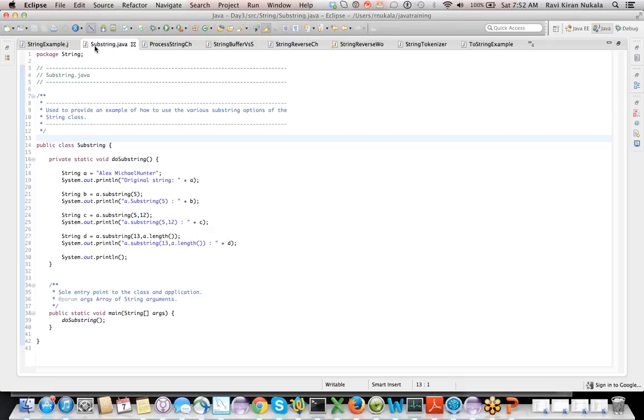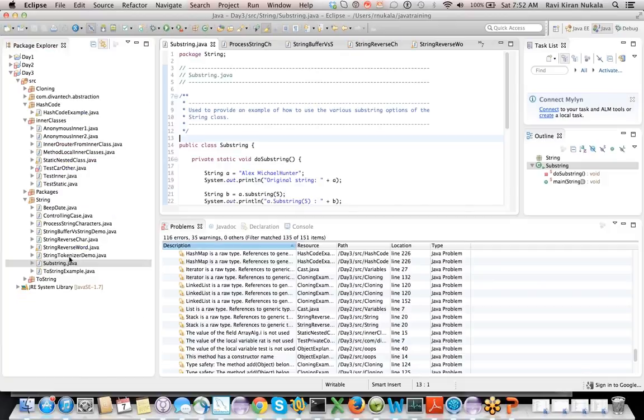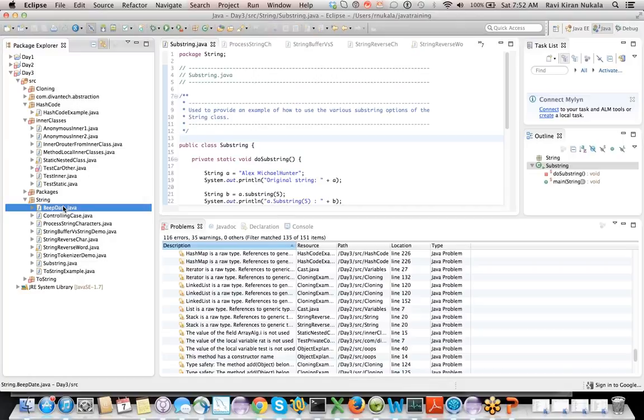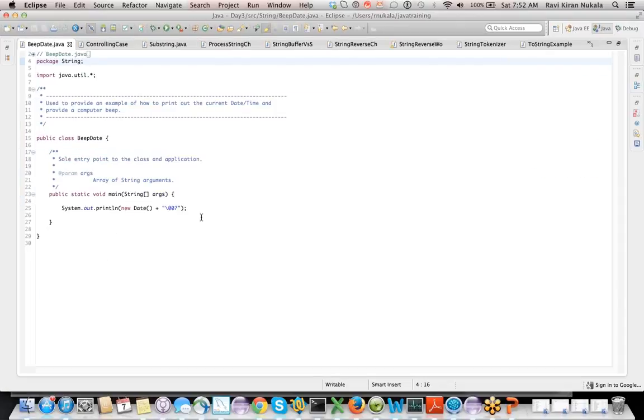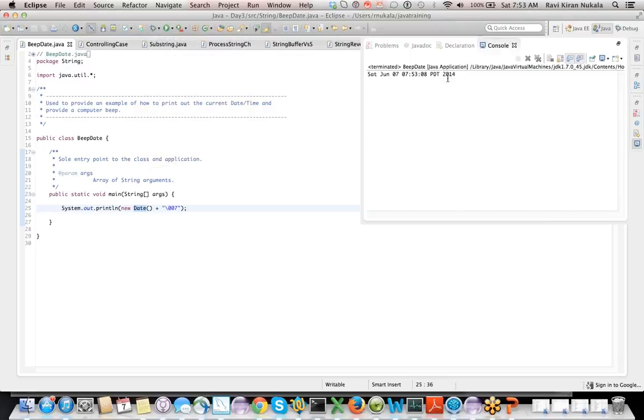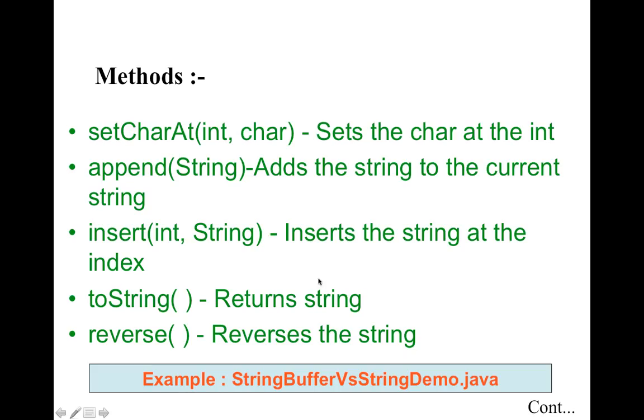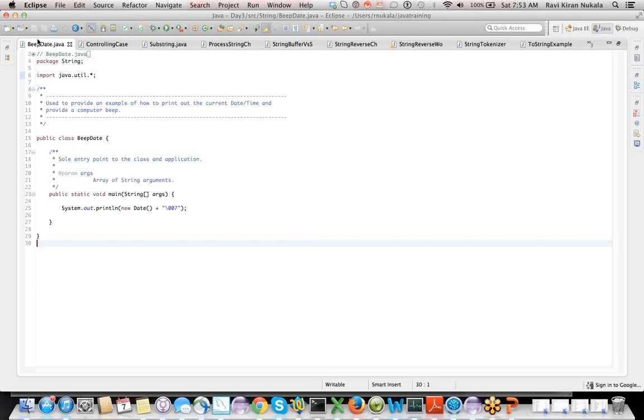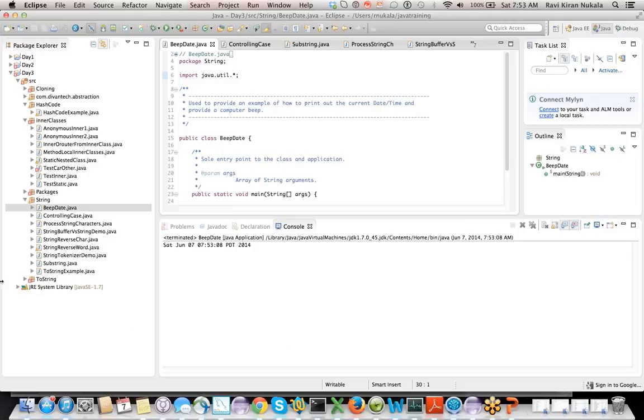Okay. Let's see other examples also here. And this is all fine. You guys can handle it. Okay, the date example. So what does it do? It just prints out the date. That's all. It shows how to print the date. The date is a class, part of the java.util package. Fine, let's move on. Do we have any other examples in here? Okay, nothing.